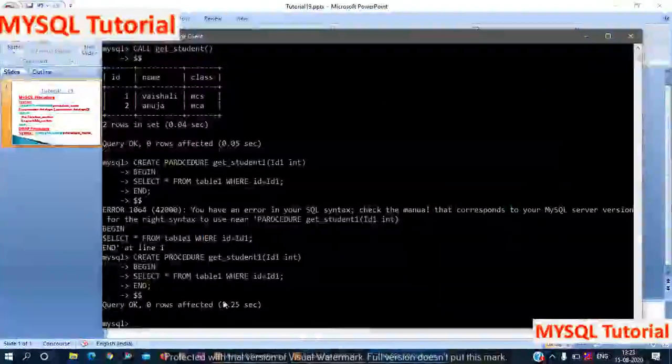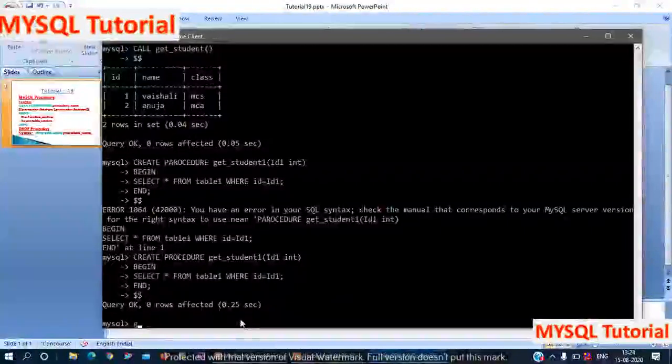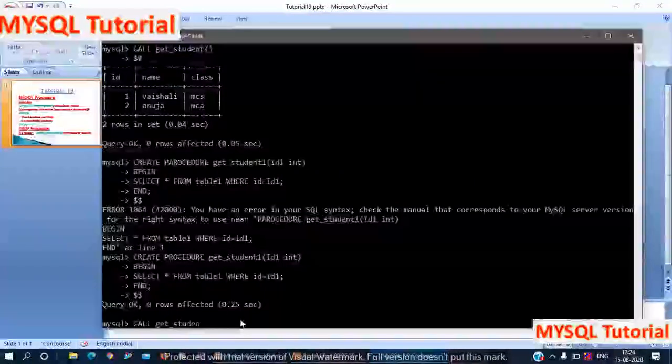Now we are calling this get student 1 procedure and passing one parameter by using call procedure name in bracket. We are passing one parameter.